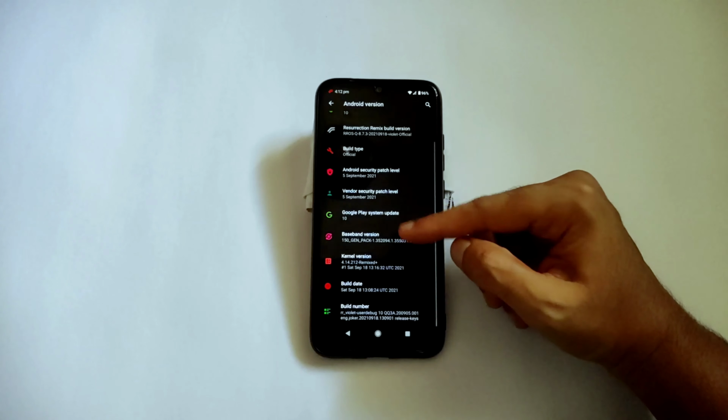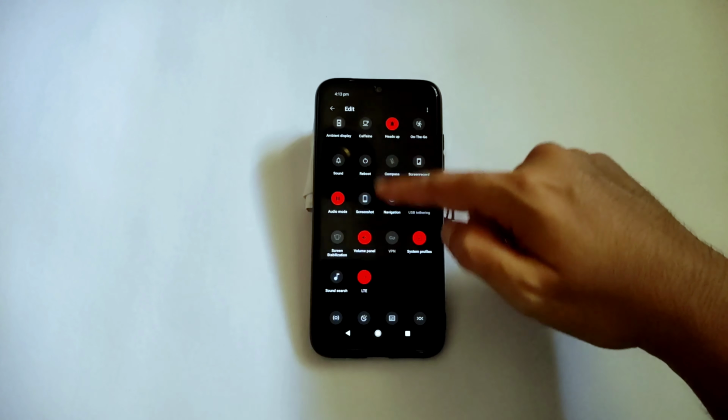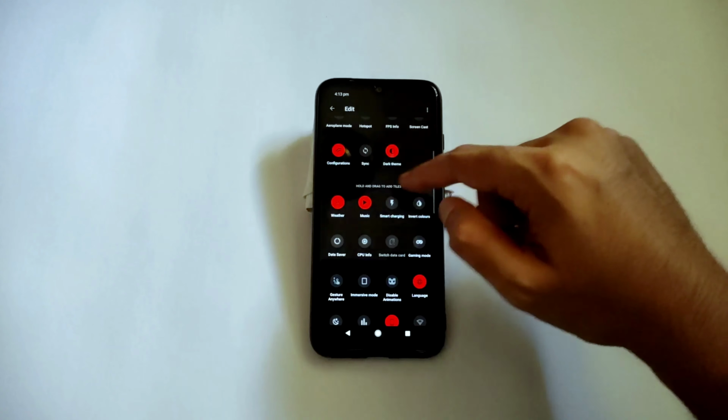Coming to quick settings panel, you get all the quick settings here. As you can see, you get audio mode, screenshot, navigation, USB debugging, USB tethering, screen stabilization, volume panel, VPN, system profiles, sound search, LTE, and all the pre-installed quick settings are here. Even you get configurations from here only. You need not worry here. As you can see, if you press this configurations, you will directly move into the